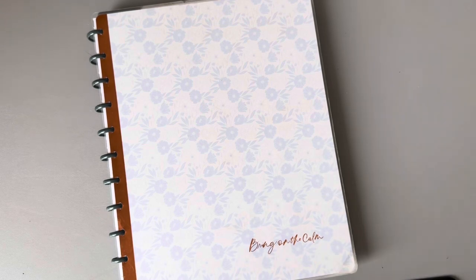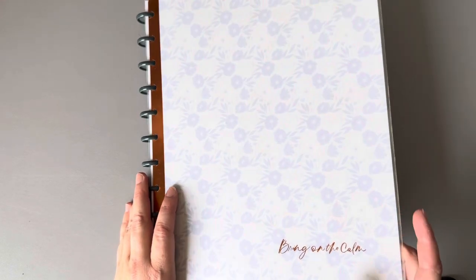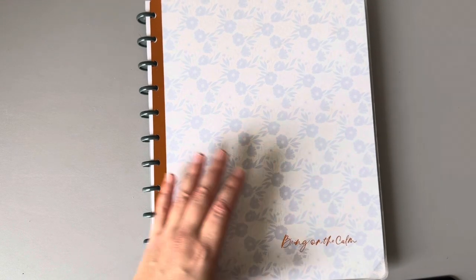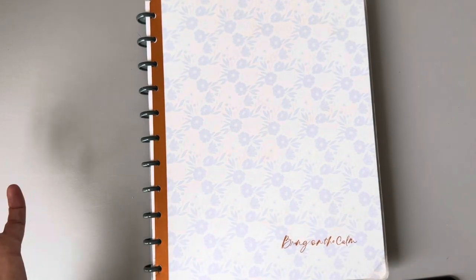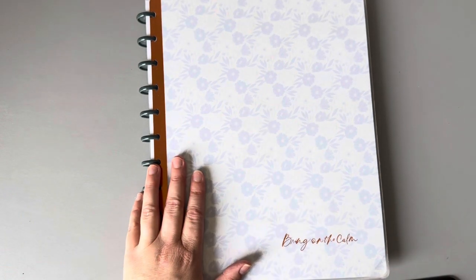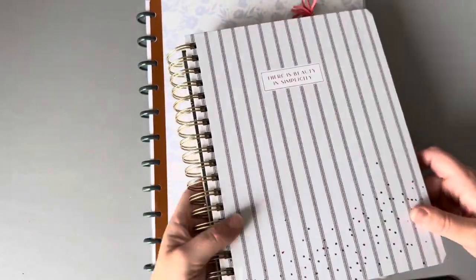My name is Mandy. Today we are setting up for November. So I am going to tell you right now, I'm in a planner rut. I wish that I had a smaller planner without discs, but you can't really Frankenplan and have a planner the way you want without being able to just take things out and put things in when you need to. But I did want to share that with you guys because I'm missing my classic size